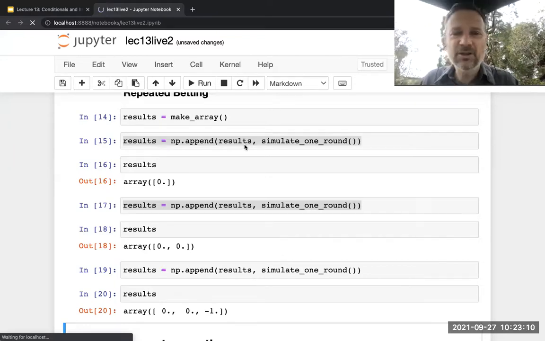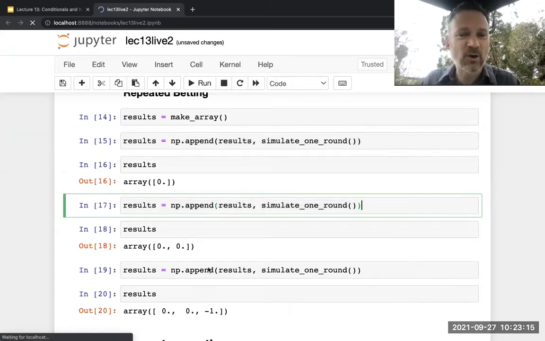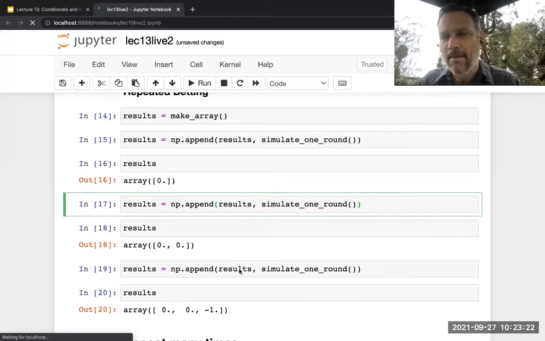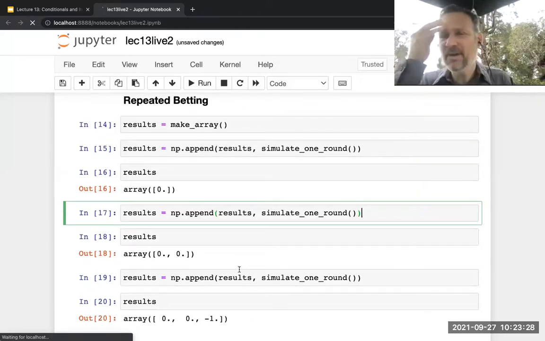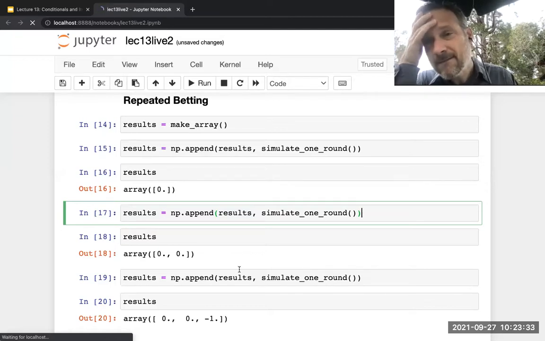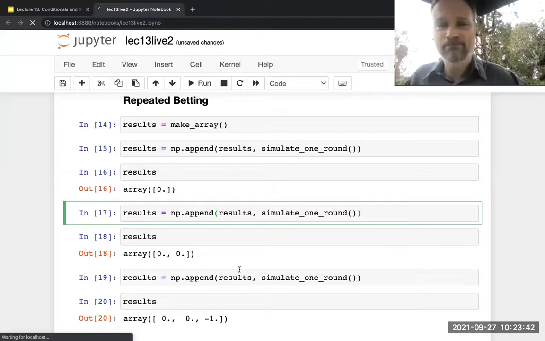Now you can see that I was doing this by copy pasting code. If I wanted to do it 3 times, I wrote the code and I copy pasted until I had three of these. And if I wanted to do it 5 times, I'd have to copy paste a little bit more. But I said previously I wanted to do it 10,000 times, and I don't want to copy paste 10,000 times. So anytime you find yourself doing the same thing over and over again, you might want to think either use array methods or use a for loop. So in this case, we're going to use a for loop.